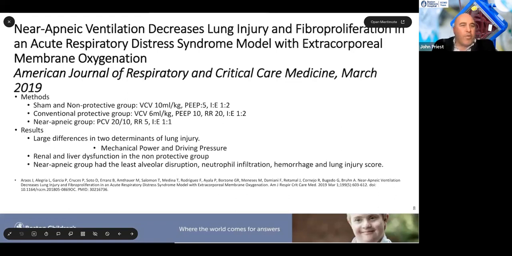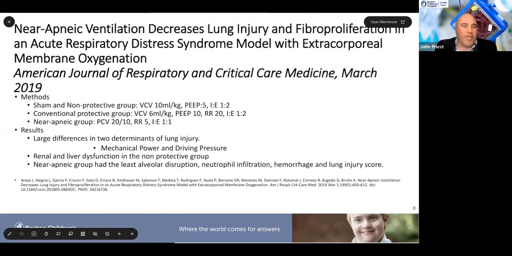And just to quickly summarize this, there was a large difference in two determinants of lung injury: mechanical power and driving pressure. Driving pressure is that delta P, and mechanical power is that earlier calculation of peak inspiratory pressure, PEEP, respiratory rate and flow. Renal and liver dysfunction in the non-protective group